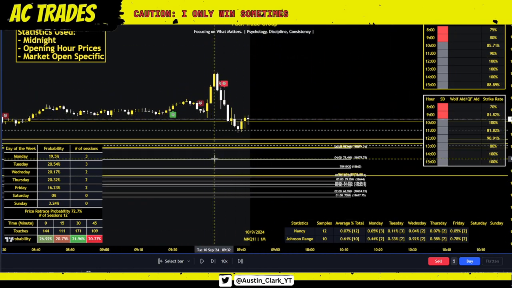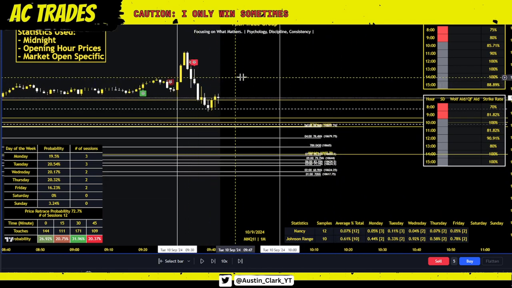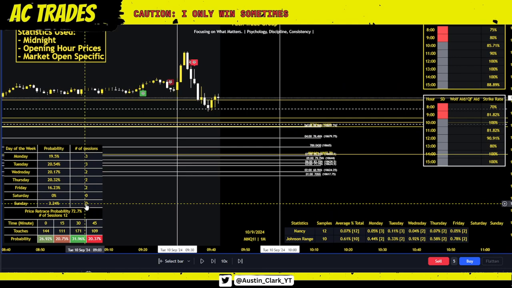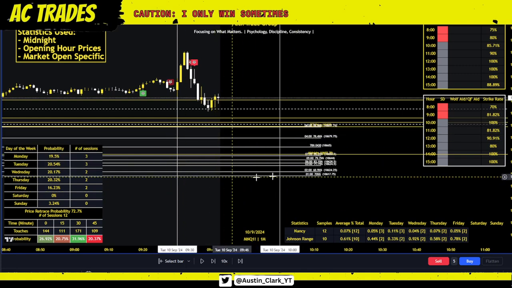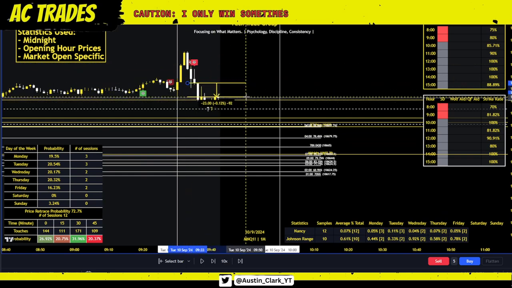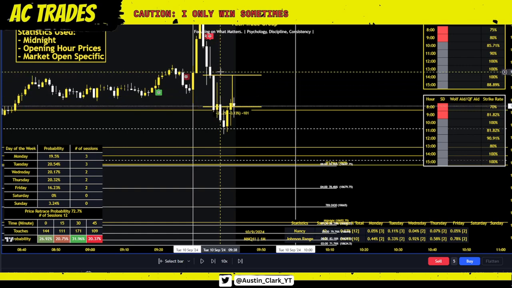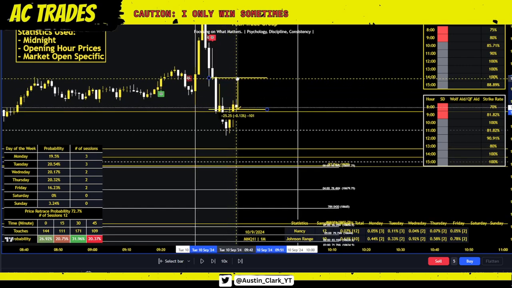9:30 to 10 o'clock. You can see this just like we talked about earlier. Highest probabilities of retracing in this window as many opening prices as possible. So now, you best believe I'm three micros deep and we've hit full take profit in a single candle. 0.13%, 25 points. One single candle. Zero drawdown.